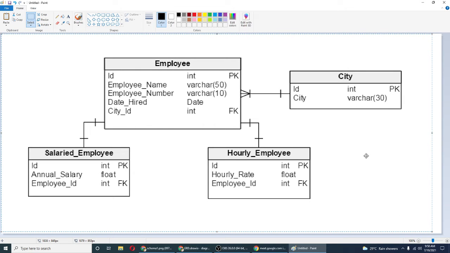Okay, so for example here, the relationship of the employee and then the city is the city ID. So like I said, it's either, let me remove this part. This is correct, and this is also correct if you want the relationship of the employee in the city, then you can put also here,